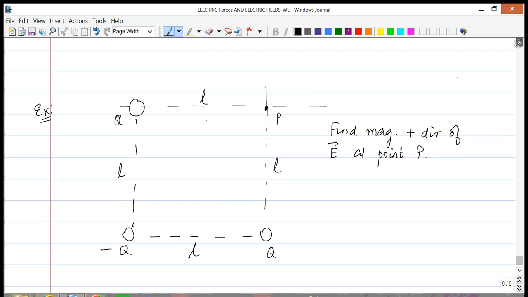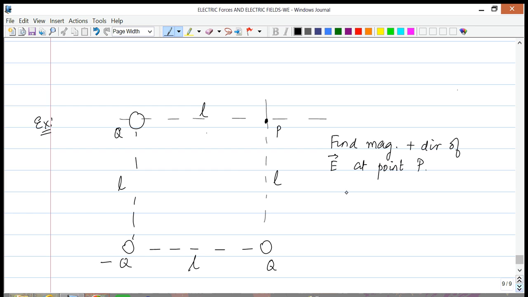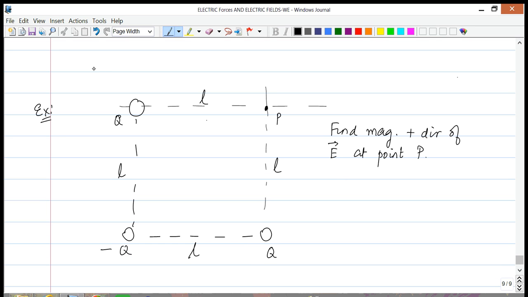Okay, so here's what we're going to do. We're going to call the three electric fields E1, E2, and E3. First, let's figure out the electric field due to Q, and the direction due to this one. At point P, we sit at P and ask about the Q on the left. Let's call this 1, this 2, and this 3. The electric field due to 1 is going to point to the right. This is E1, and the reason is that 1 is positive, and while I sit at P, I have to move away from it.